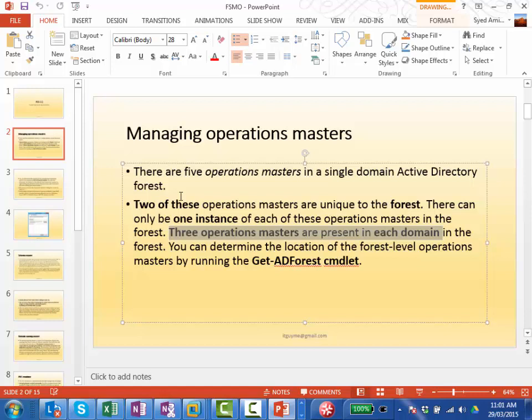What is a tree domain? Tree domain is this. We create a domain, we give it a name. If we don't give a name, we cannot create it, right? But staying in the same forest,